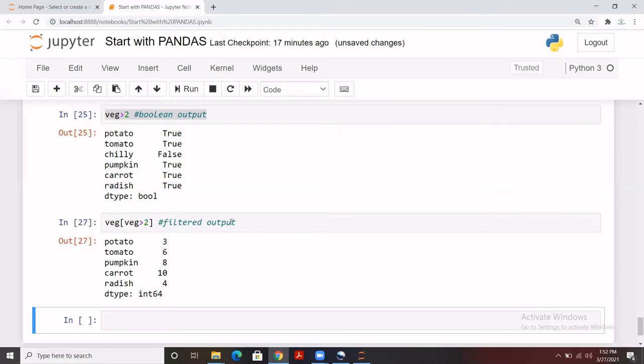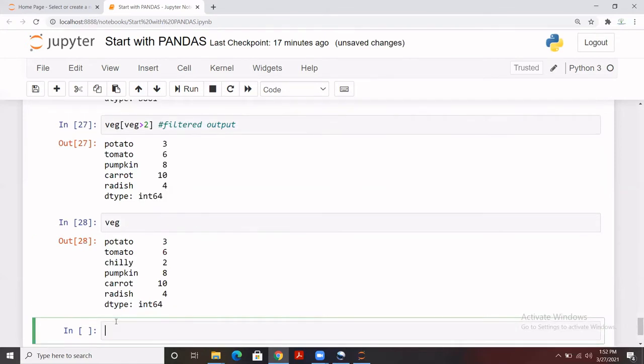Now we talk about the head and tail options that we have in series. Let's say that's a very small series. Let's say we have 1000 records in a series, and I want to see some specific records, and I don't want Jupyter to scroll down through the entire list of values of the series. So we can basically display a few values using head and tail. They are very handy functions we do have. So how will we write it? wedge.head. Head is basically, let me write it here, for the top 5 elements.